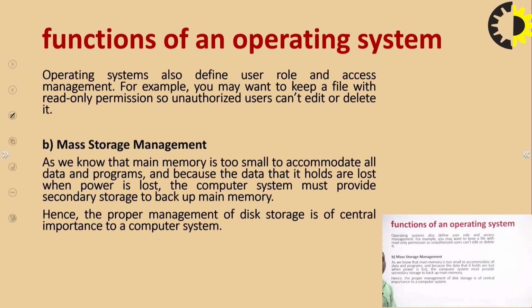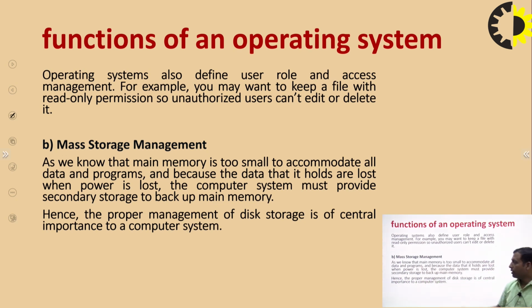Now the operating system also defines user roles and access management. For example, you may want to keep a file with read-only permission, so an unauthorized user cannot edit or delete it. It means giving permissions at different levels: read only, read write, both, or execution, as some executable files are there also. And mass storage management: as we know, the main memory is too small to accommodate all the data and